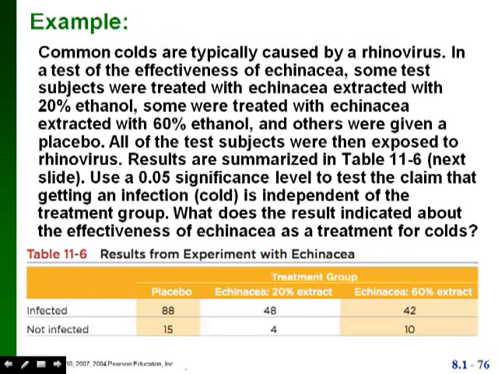Here's an example. A lot of people use echinacea to try and treat colds. So there was a study done on this. Some test subjects were treated with echinacea in a 20% ethanol solution, some were treated with echinacea in a 60% ethanol solution, and others were given a placebo. All of the test subjects were exposed to the rhinovirus, which is the common cold, and then we have results about whether each of the test subjects became infected with a cold or not. So what we want to know is, is the infection or no infection related in any way to what treatment group